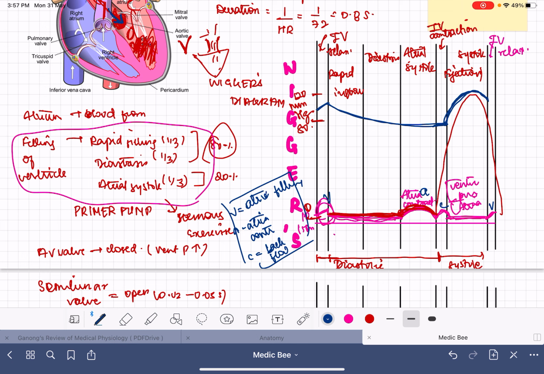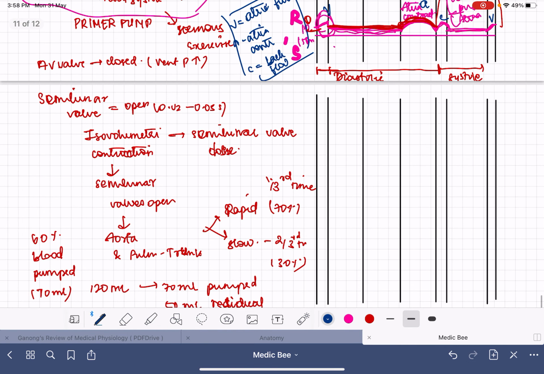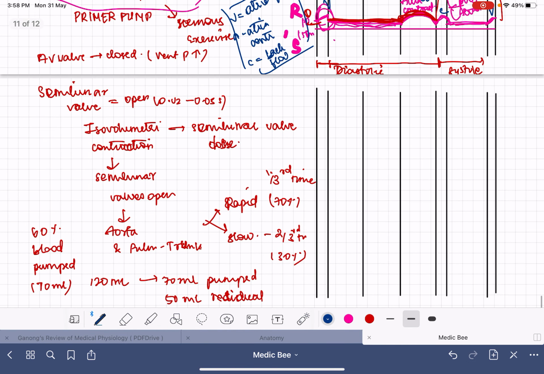As soon as it begins to drop, isovolumetric relaxation happens. So the pressure again begins to rise because the blood from the aorta is pushing the walls backwards. This backflow will increase the pressure by a very small change, not even 5 or 10. That much difference is again caused, and after this it will fall again. So these are the different changes, and finally we can also see the pressure changes in the ventricles.